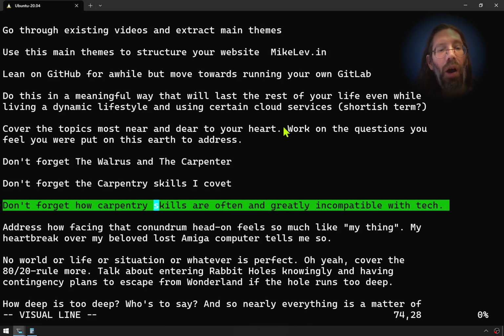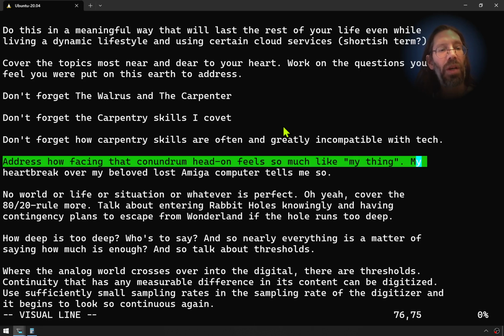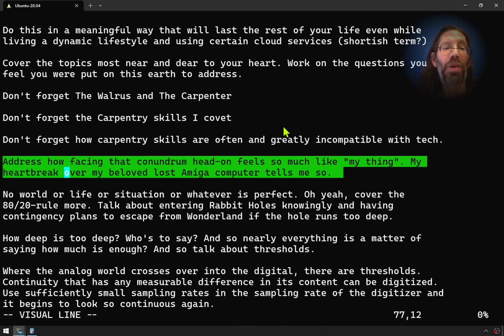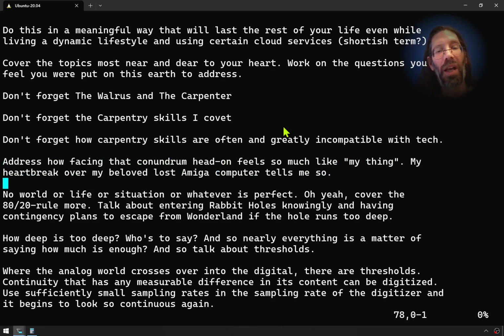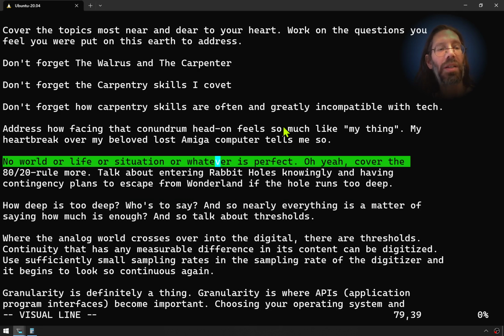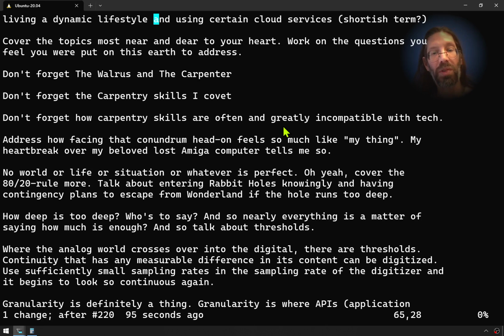And don't forget how carpentry skills are often and greatly incompatible with tech. These very same skills that I covet change so friggin' rapidly. Address the conundrum. Address how facing that conundrum head on feels so much like my thing. My heartbreak over my beloved Amiga computer tells me so, right? I really went through something in my head when the Amiga went away, and that's trying to tell me something about my relationship to tools and stuff, right? So anyway,